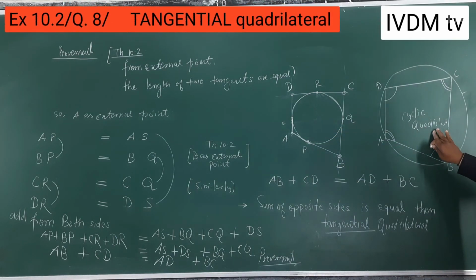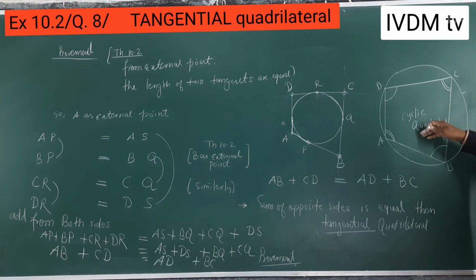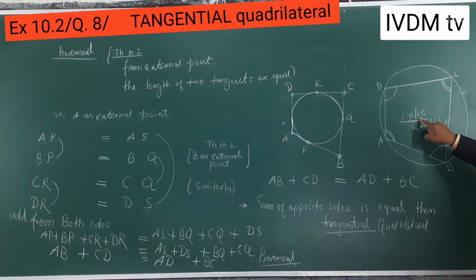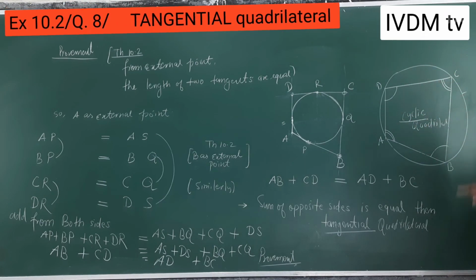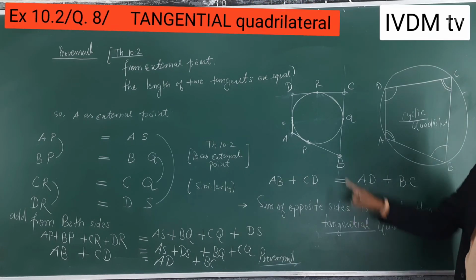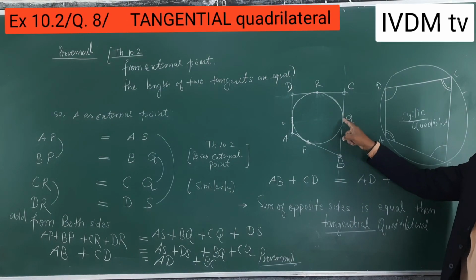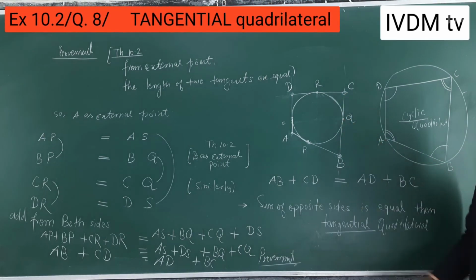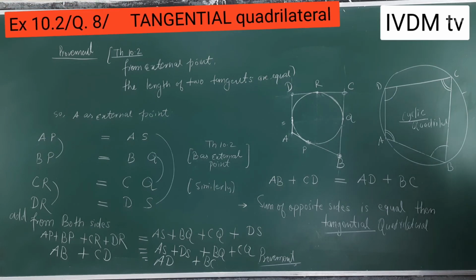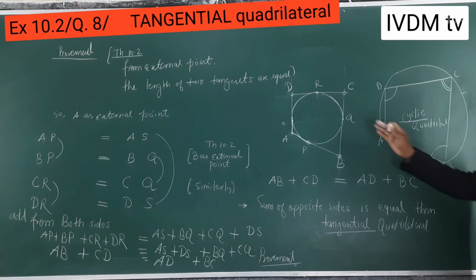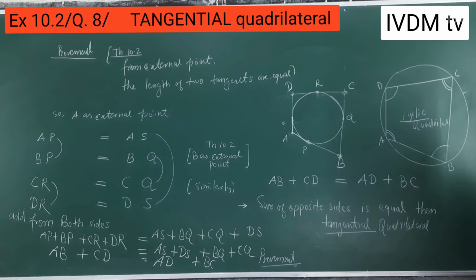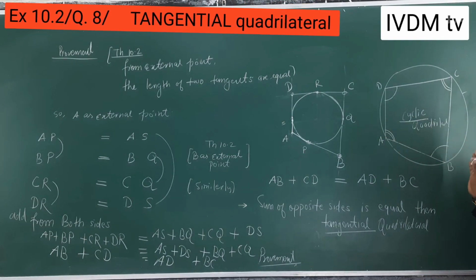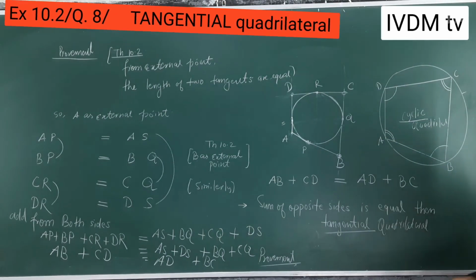In a cyclic quadrilateral, the quadrilateral is inside and the circle is outside. And in tangential, the quadrilateral is just playing a tangent's role. So that is why in class 10th, first you have to be told about tangents. And this was class 9th, this is class 10th. So in detail, I will teach you in other classes, other videos.